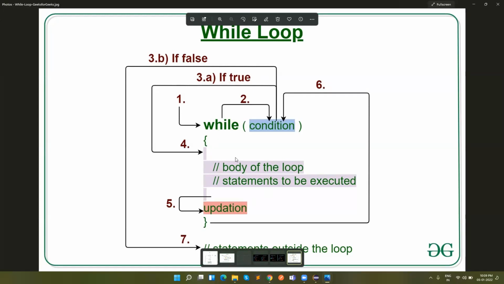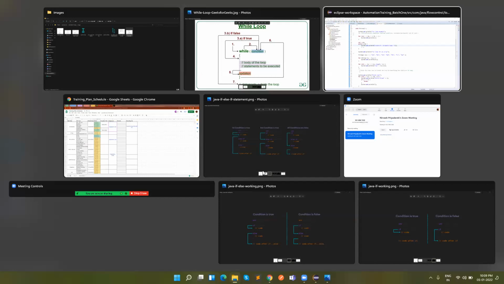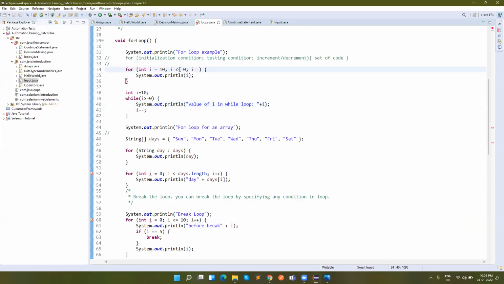If this condition doesn't match, the loop will not run, right? In the for loop it's the same. Even though the condition is not matched, it will run the particular defined number of times, right? No. See here, let's check the code. Let's say if the I value is equal to 11, I start over here at 11, then will it go inside the for loop?